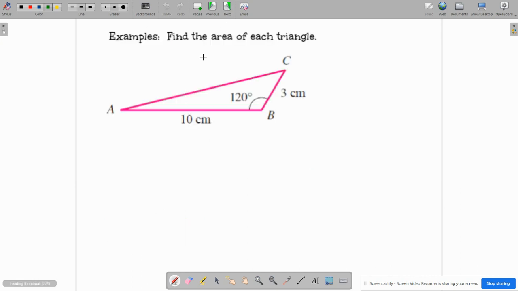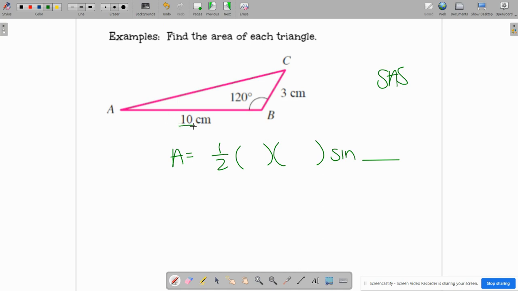So let's look at an example. Here we can see we are given side angle side, which means that we can use that formula. So 1/2 times each side that's given surrounding the angle, and then times the sine of that angle. So in this case, we'd have to plug in 10 and 3, and then the sine of 120 degrees. So we know 10 times 3 is 30, so half of that, this is going to be 15 times,